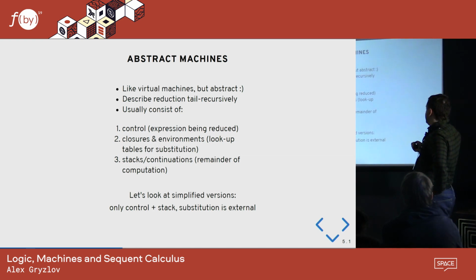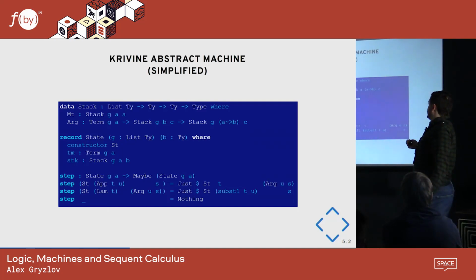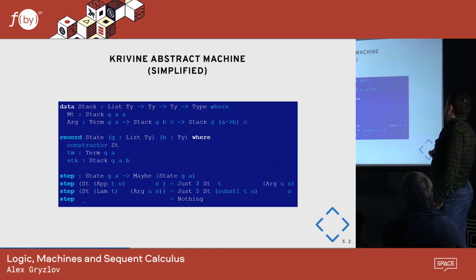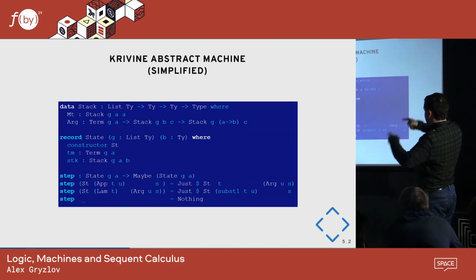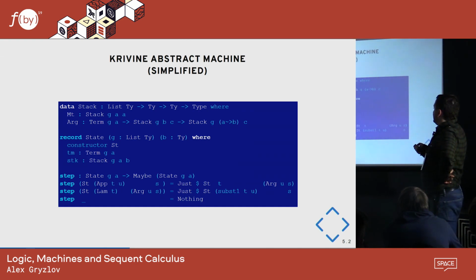If you have this naive substitution function, which you define somehow, we won't really look at how, it doesn't really matter, then the essence of the abstract machine is just these two things: a control and a stack. This is how you define an archetypical Krivine abstract machine. It's a machine which does naive, lazy, or call by name evaluation, where you substitute the arguments unevaluated into the body. The terms are what I showed you before, and the stack is this structure: either an empty stack, or an argument which is prepended to another stack in such a way that the types align.